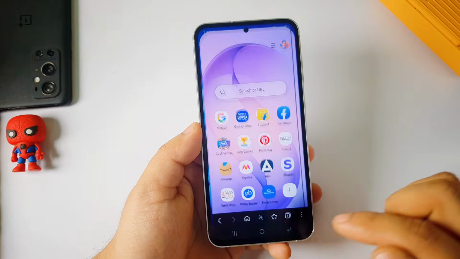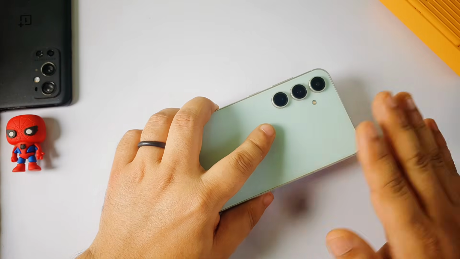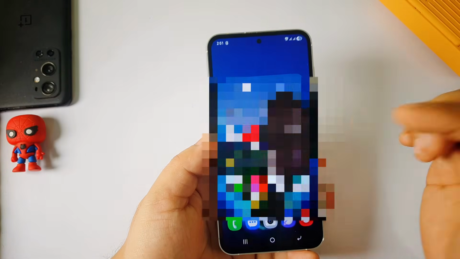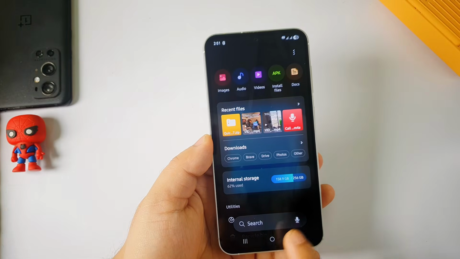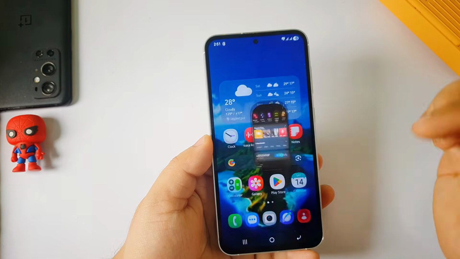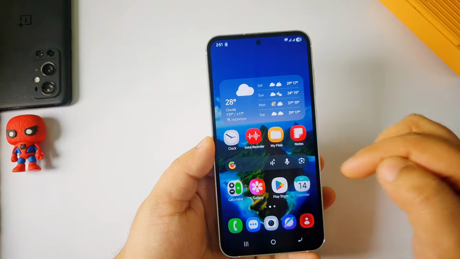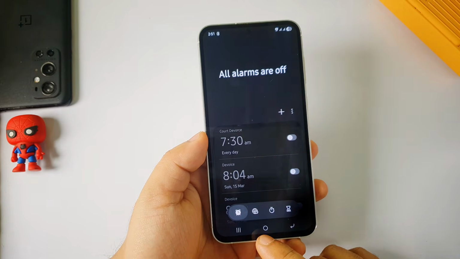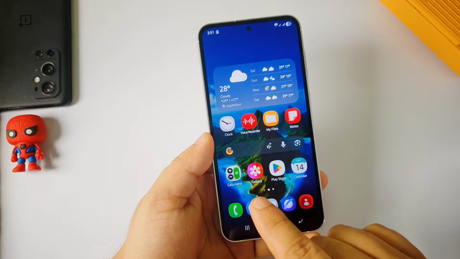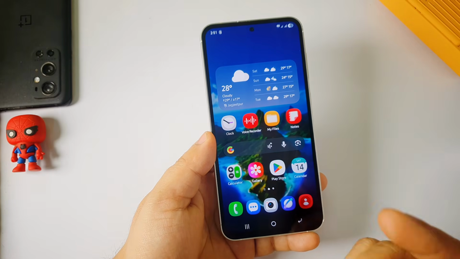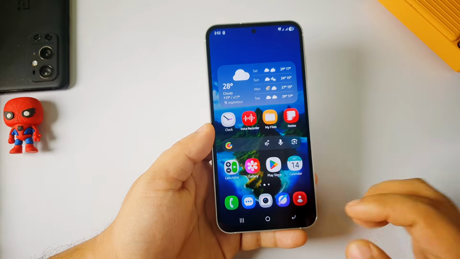Internet, this is also One UI 8.5 internet, and this is my Samsung Galaxy S23 FE running One UI 8, and also notes, it's working fine. My Files also, this is One UI 8.5 My Files, and the voice recorder is also working fine. This is the new voice recorder, clocks, and also calendar, calculator, etc. I even shared the gallery app, but the gallery app is crashing. I don't know why. So what I'm trying to say is I have shared almost all the One UI 8.5